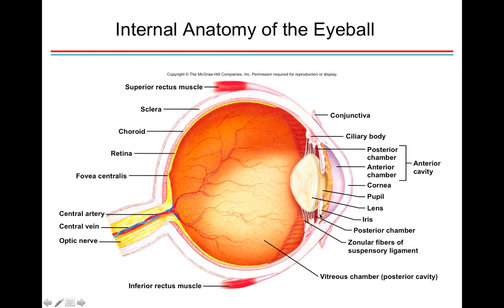is surrounding the center of the pupil. The pupil is, of course, where the light is coming through, and the iris can open and close depending on how much light there is in the environment to let just the right amount of light go into the eye. And inside we have the vitreous chamber, also full of vitreous fluid. And then in the back we have the retina, and this is where we have rods and cones that allow us to see. And here is the optic nerve, where the